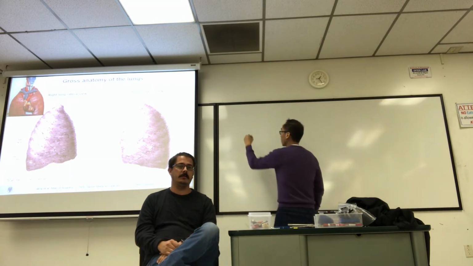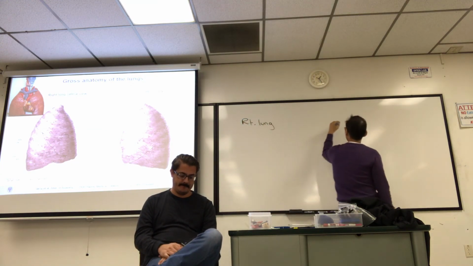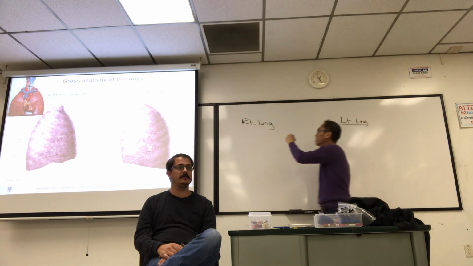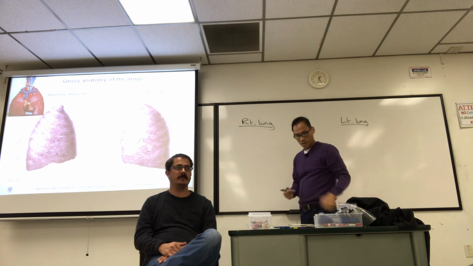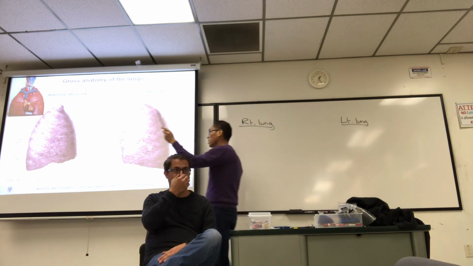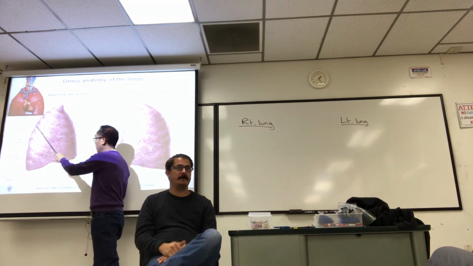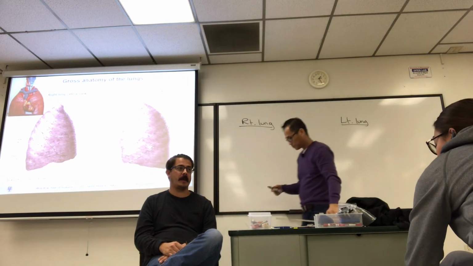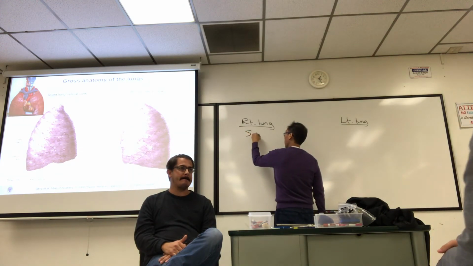Okay, so we got right lung, left lung. Well, the right lung has 3 lobes. There's the superior, middle, and inferior lobes, separated by 2 fissures. Okay, so let's kind of note that. You can tell it's the right lung if it's got 3 lobes. Superior lobe,